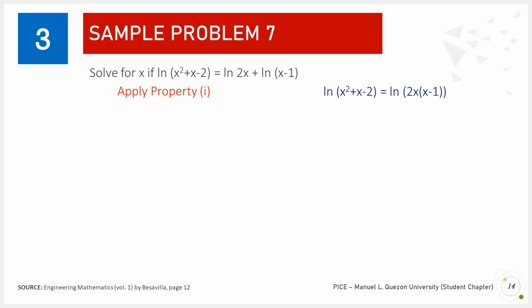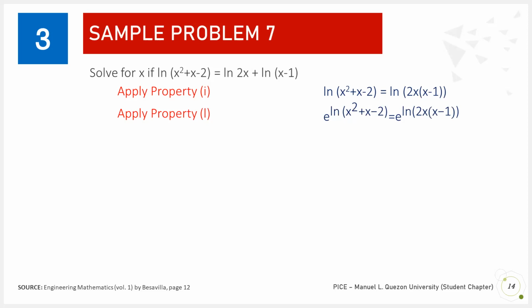So we have the natural logarithm of x squared plus x minus 2 is equal to the natural logarithm of 2x multiplied by the quantity x minus 1. And then again, we apply property L. So property L actually